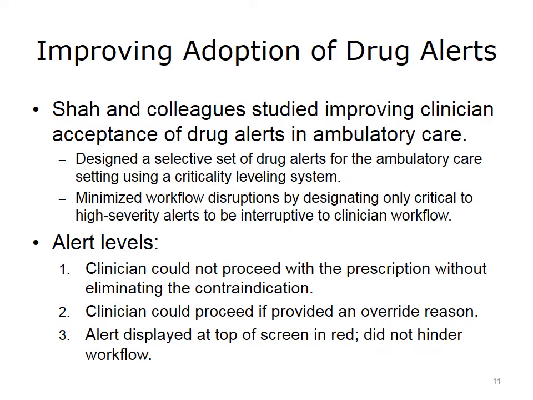Shaw and colleagues wanted to find a way to improve clinician acceptance of drug alerts in ambulatory care settings. They designed a selective set of drug alerts using a criticality leveling system. Level 1 alerts were the most critical, and a clinician could not proceed with the prescription without eliminating the contraindication. Level 2 alerts were very important, but the clinician could proceed if he or she provided a reason for overriding